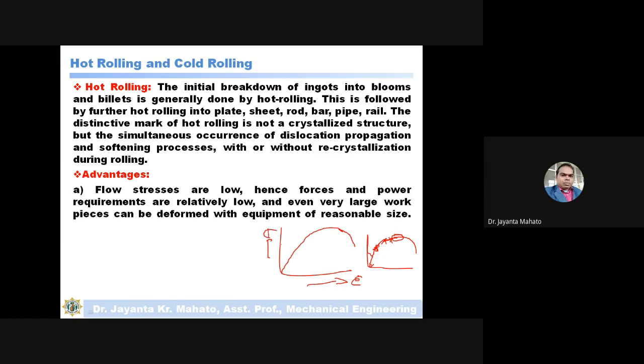If you are straining up to this amount of strain, then this amount of stress is required. And if you strain this much, then this much stress is required.